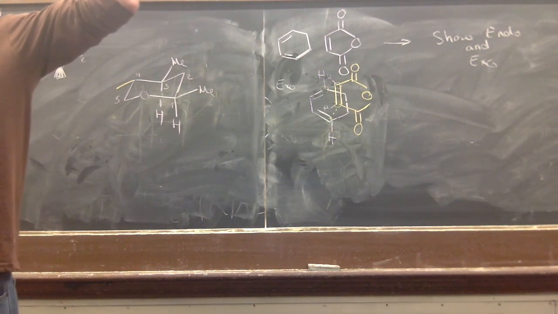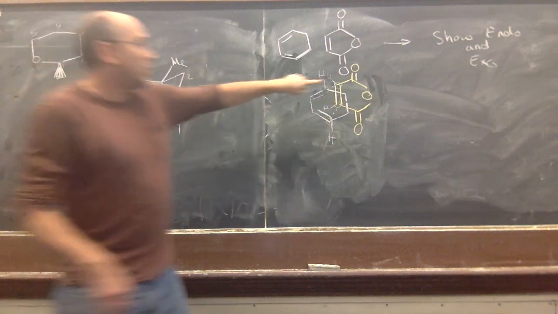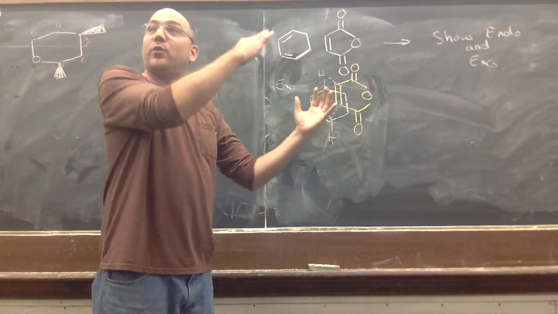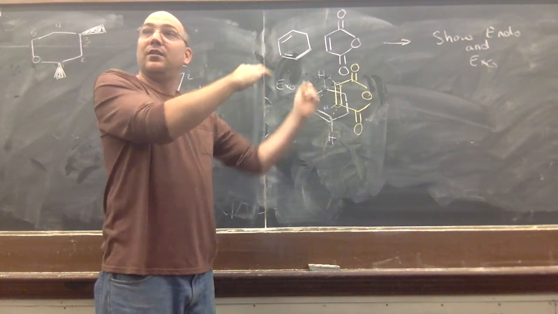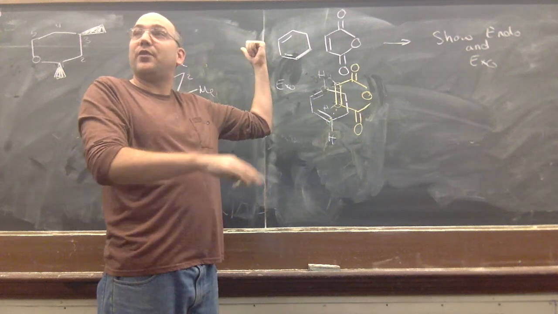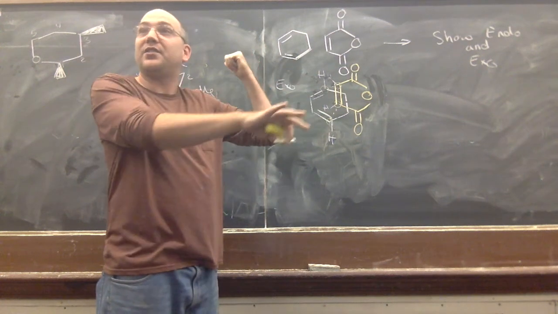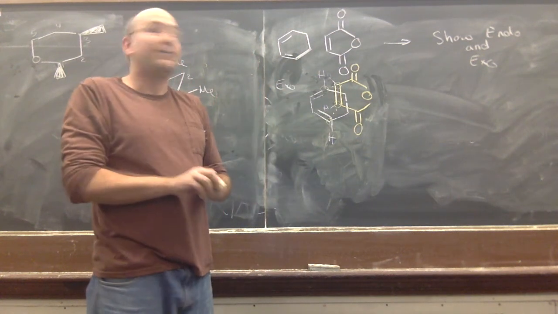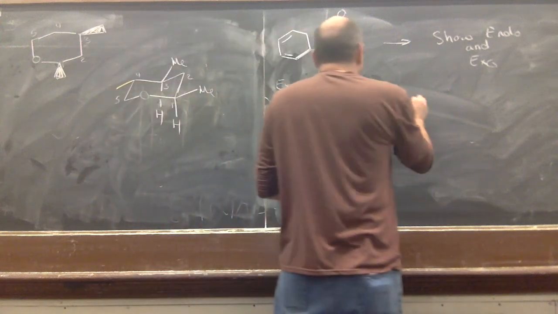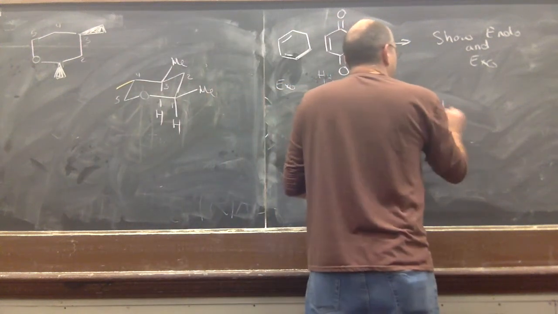Does that make sense? This is going in this direction, that's going in that direction. When they form that ring, the one going in this direction is going to be on one side of the ring. The one that's going in the other direction is going to be on the other side of the ring. Does that make sense? And so when you draw this product,